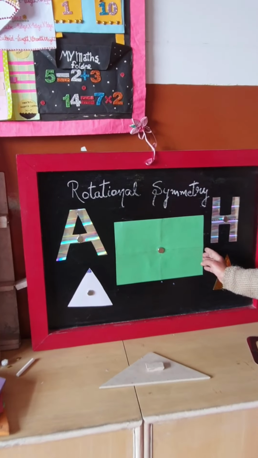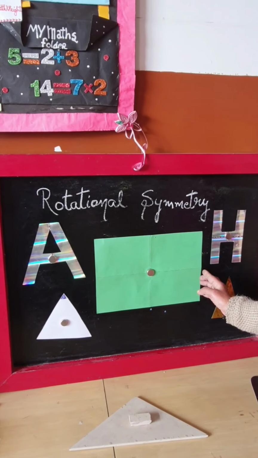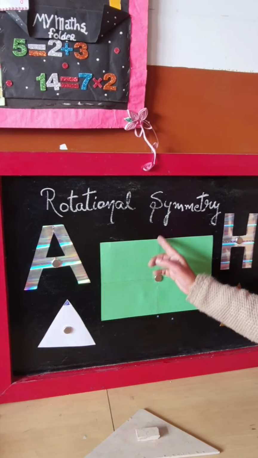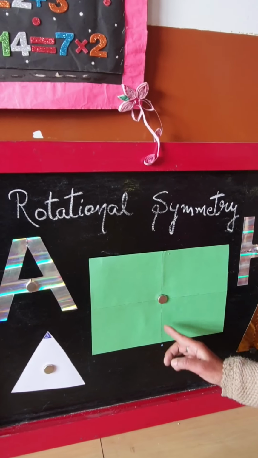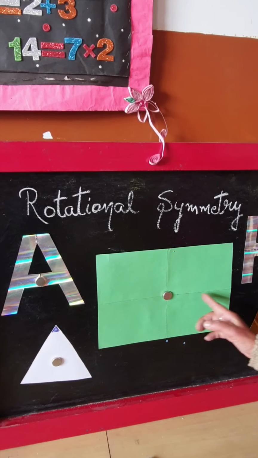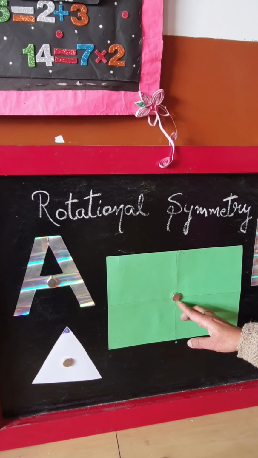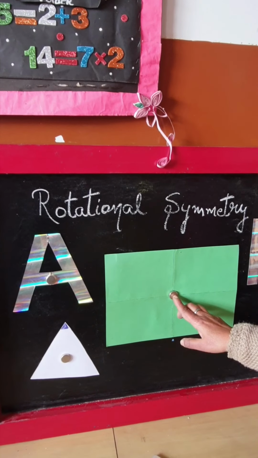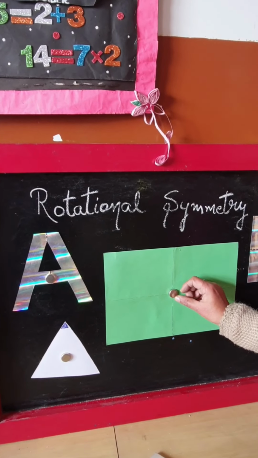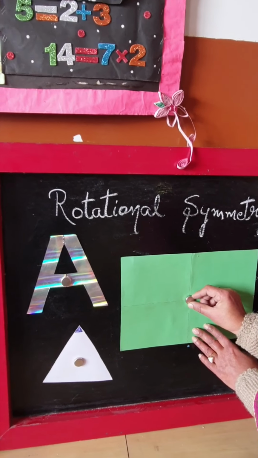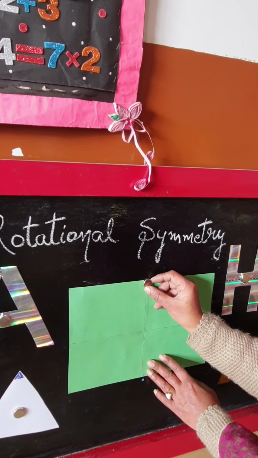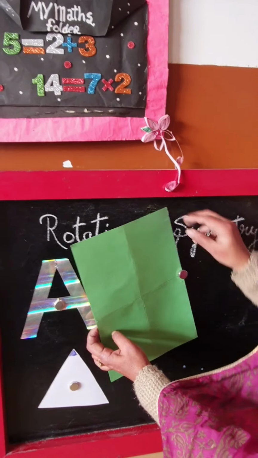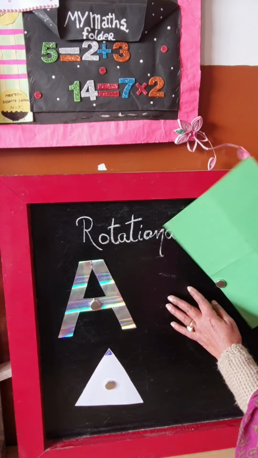Let's say we talk about a rectangle, which you are all familiar with, and we have done line symmetry, which is also called reflection symmetry. We know that in a rectangle there are two lines of symmetry, obtained by joining the midpoints of the opposite sides. Now I am taking the center of rotation as the point where these two lines are intersecting. You can take anything as a center of rotation, but the rotation will be different if I mark the center somewhere else. Suppose I mark the center here, then rotating means it is moving around this point like this.